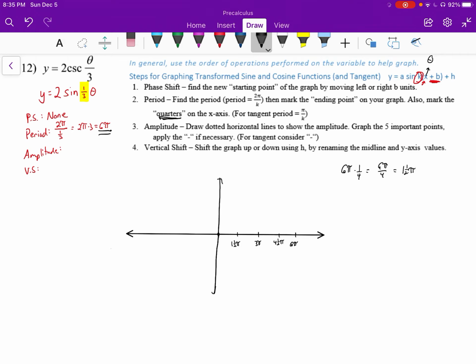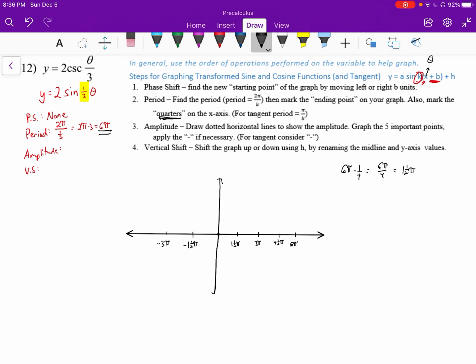And so we take our starting point, add 1.5, add 1.5, add 1.5, and add 1.5. We can also go backwards. So this is negative 1.5 pi, negative 3 pi,